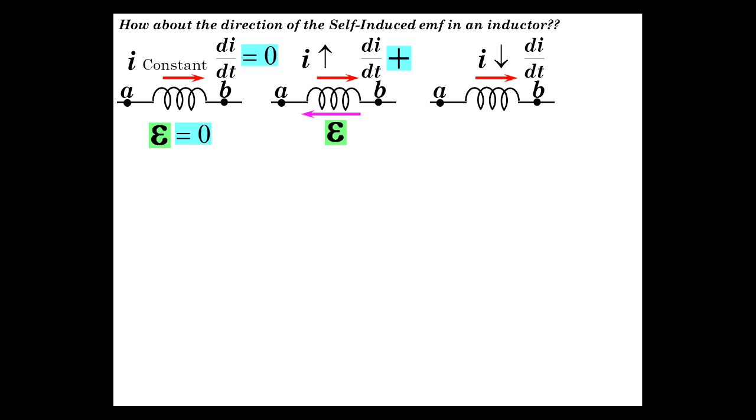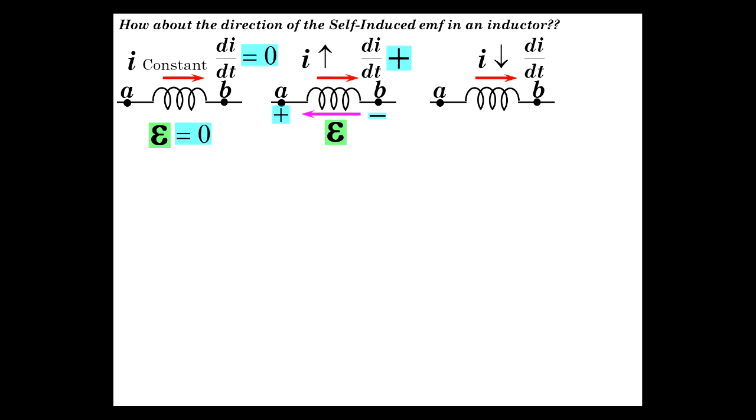So that means we have positive at A compared to B. The EMF is induced in this direction from B to A. That's a rise in potential going across there, more positive at A. And that is the condition that will result in an opposition to this direction of current, which is also the